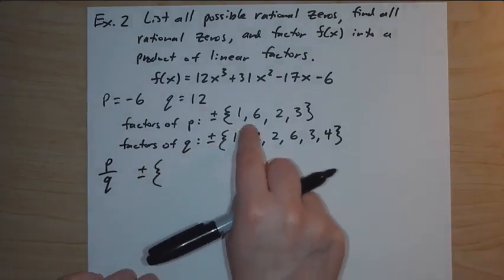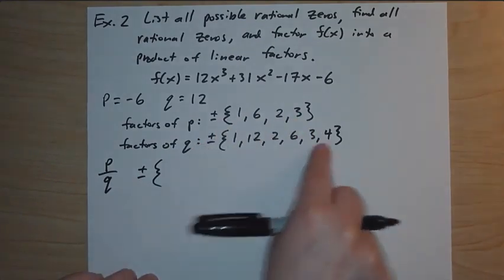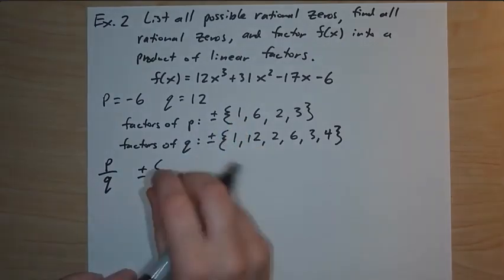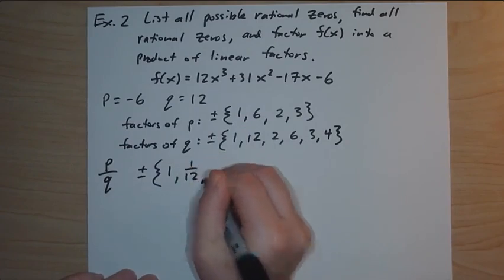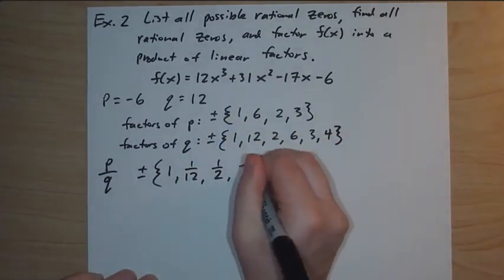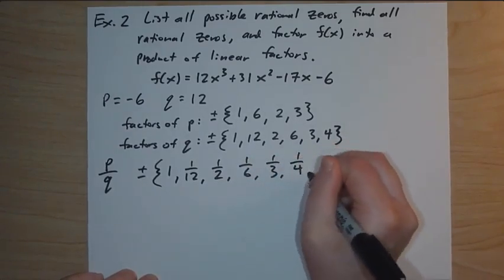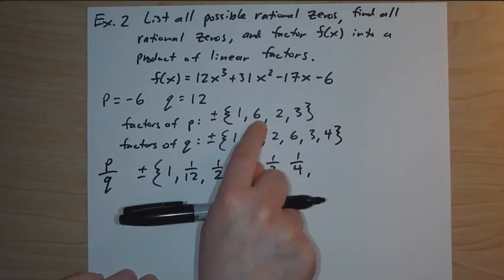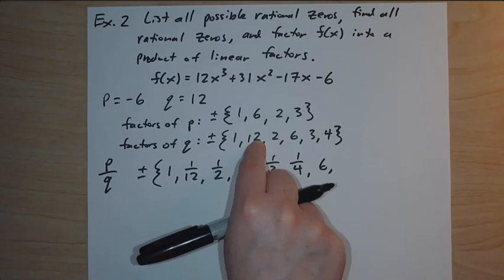And what we're going to be doing is all possible combinations of the factors of p divided by the factors of q. So we have 1 over 1, it's just going to be 1. 1 over 12 is going to be 1 over 12. 1 over 2 is 1/2. 1 over 6, 1 over 3, 1 over 4. So that's with all the ones. Next we're moving on to 6. We have 6 over 1, which is 6. We have 6 divided by 12,